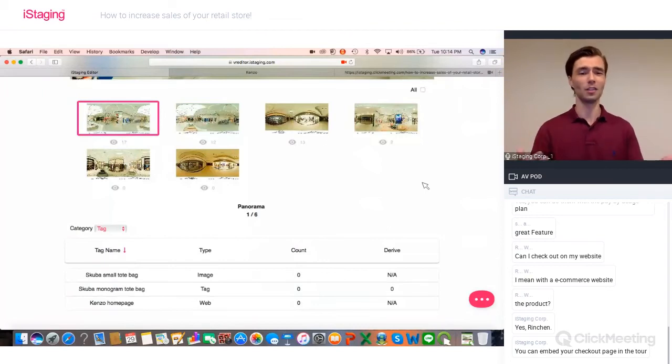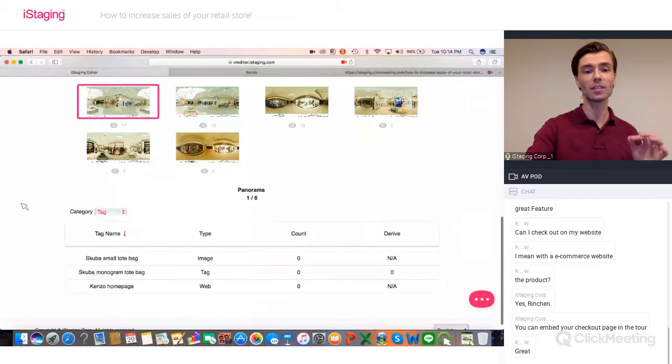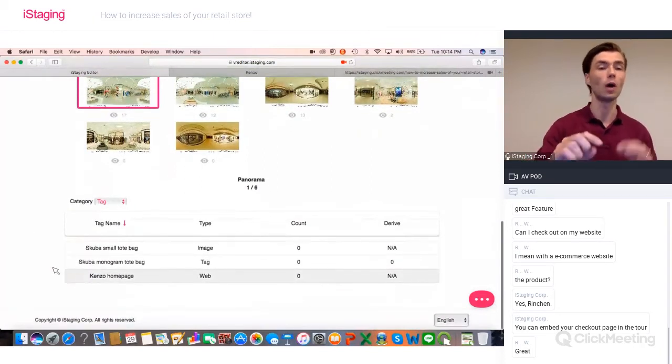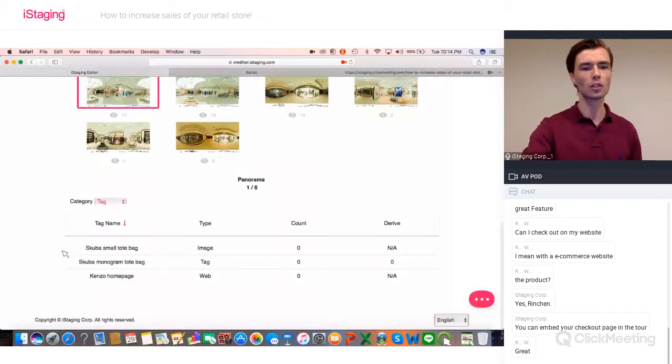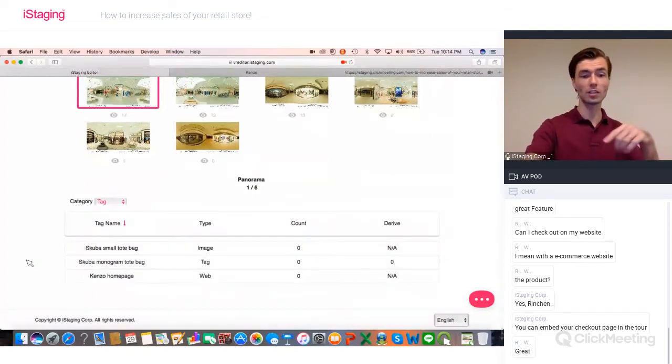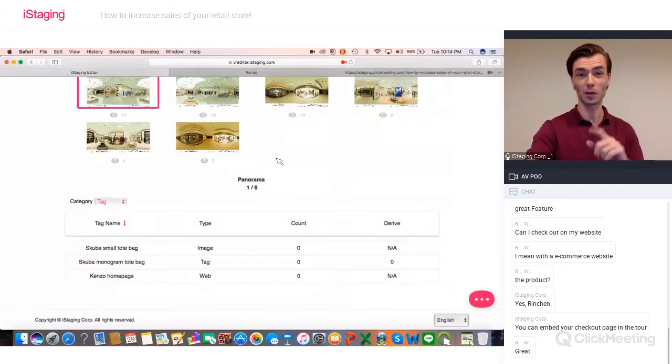Obviously, your first panorama will be the one with the highest views, because that's the first panorama they land on. So take that into consideration. And then you can also see how many people have clicked on specific tags. The tags are listed here, and then the type of tag, so whether it's an image, a tag, or a website. I think I forgot one, so I'm going to go back to the tour in a minute. I see that now. How many people have clicked on that tag,